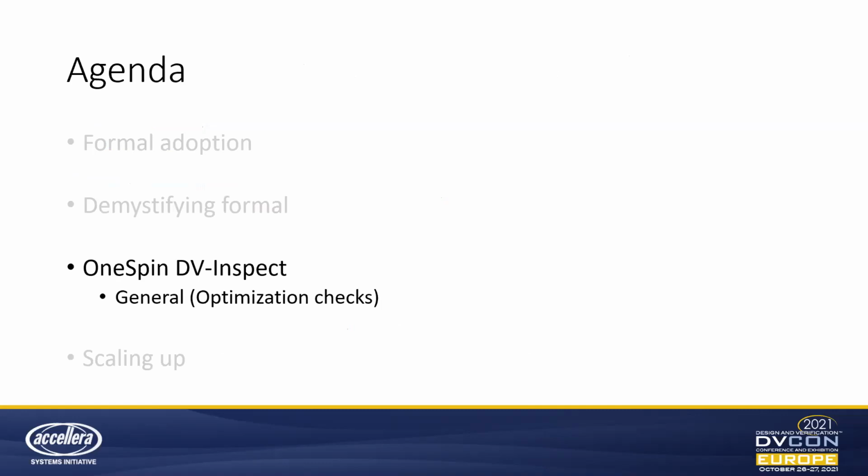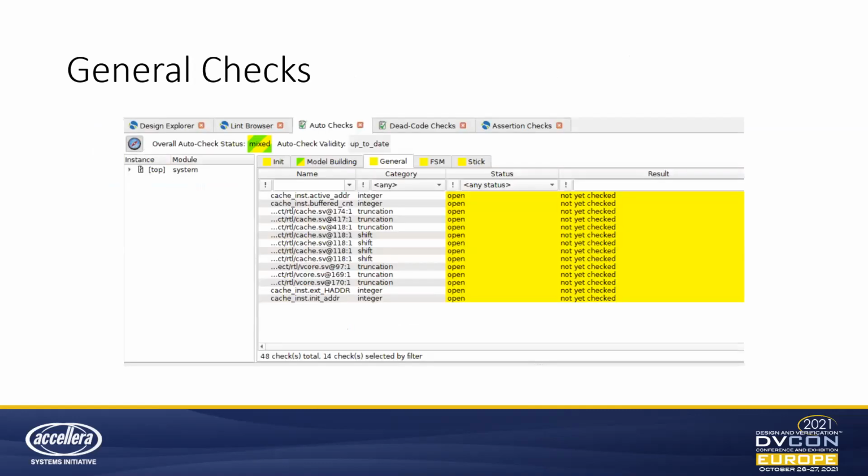Well, next in line are the optimization checks. These checks are grouped under the general category, the general tab here. These checks are optimization because they might reveal an issue, or it might be that this is just a nice to have. For example, in this category, we have the truncation checks, which are talking about overflow and underflow. We have other categories like integer and shift, but when it comes to truncation, it's important to